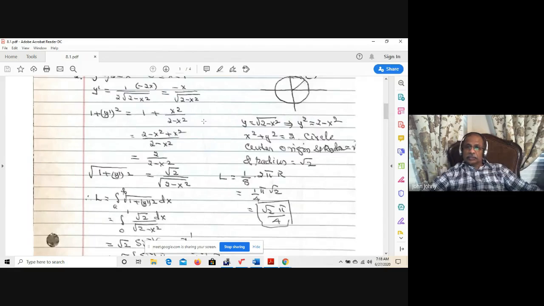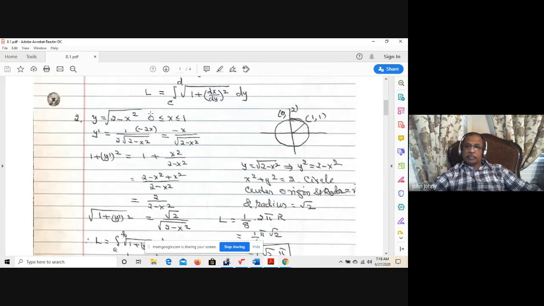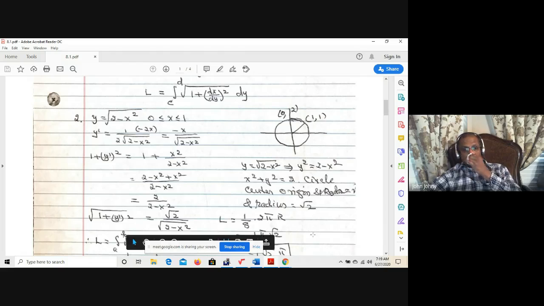This is from x varying from 0 to 1, which means it goes up to this point. This is (1, 1). X is 1, y is 1. That means it is 1/8 of a circle, so that is 1/8 of the circumference of a circle. X square plus y square is equal to 2 is a circle with the center at the origin and radius square root of 2. So arc length is equal to 1 over 8